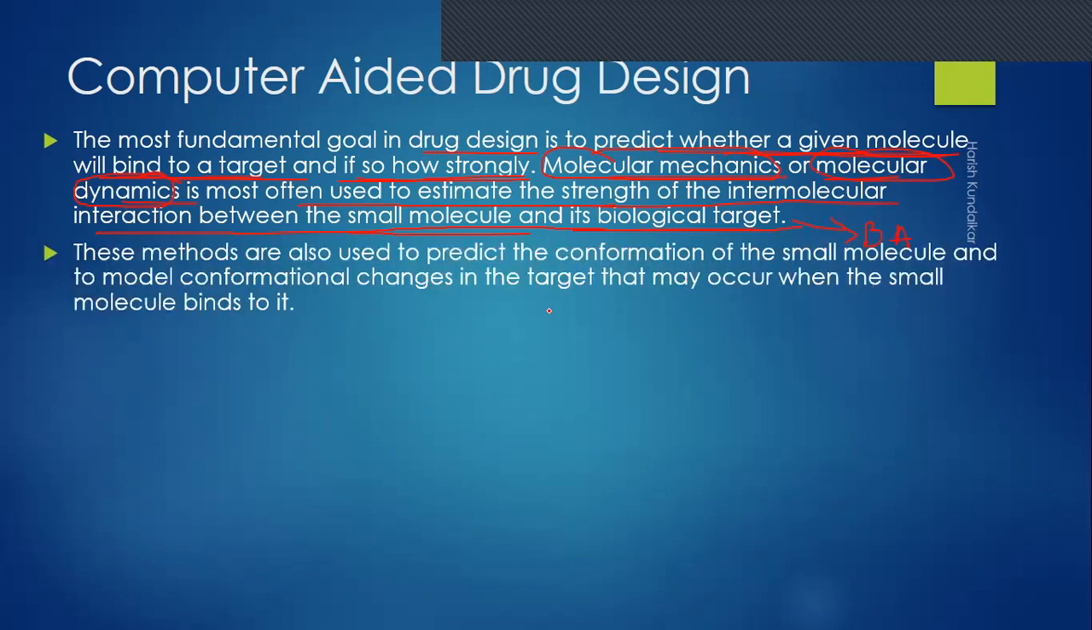Okay, so these methods are also used to predict the conformation of the small molecule and to model conformational changes in the target that may occur when the small molecule binds to it. Now, say suppose we have one molecule which is going to bind to a receptor. How do we predict which conformation of the molecule, which three-dimensional arrangement of the molecule, is going to bind to the receptor? Right? So we need to model that, and that is also one of the things that is done using computer-aided drug design,